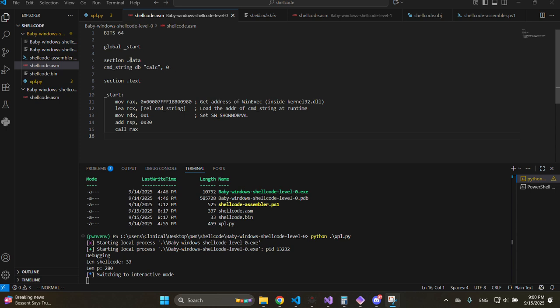And the smart thing about this is that I don't have to write the string as part of my payload in my exploit script or anything. It's already part of my shellcode in itself, and I don't have to go looking for it in the binary to find an address where this is or anything. It's part of my shellcode.